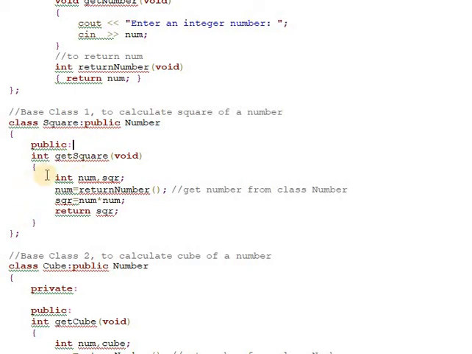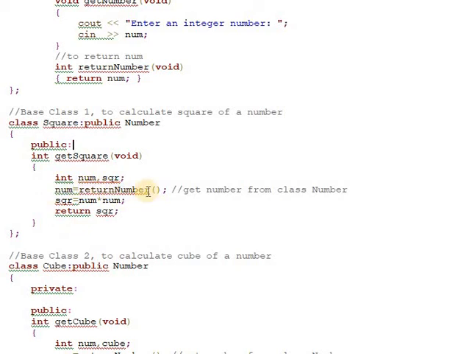Now in the public section, integer get square. This function is used to calculate the square of a number, but this number will come from the void get number function. So integer number comma square, num equal to return number. This function is used to return the value of the number num, which comes from the user.